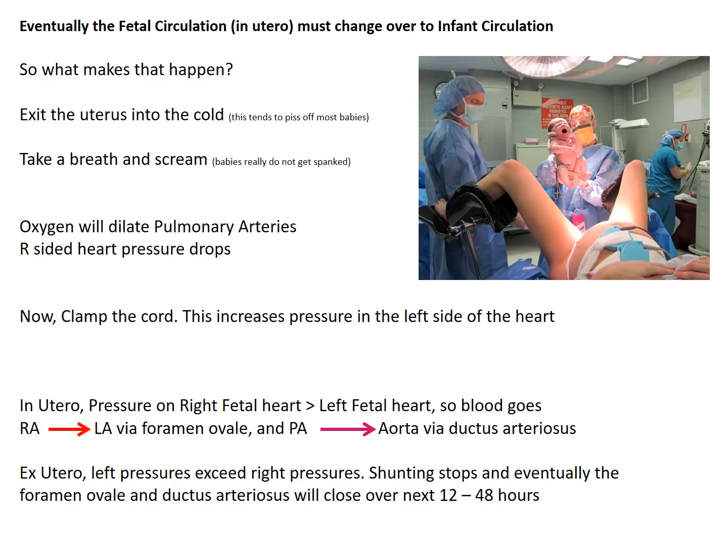Now, following birth, right-sided pressures drop. Over time, the foramen ovale and the ductus arteriosus will start to close, and then we've stopped that right to left-sided shunting, and now we're back to what's considered to be normal